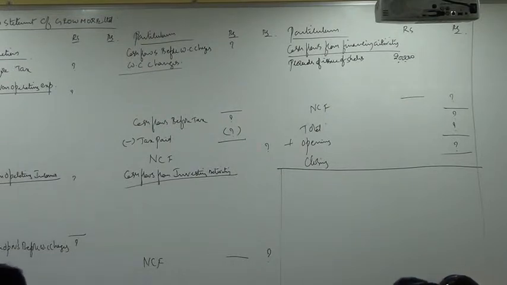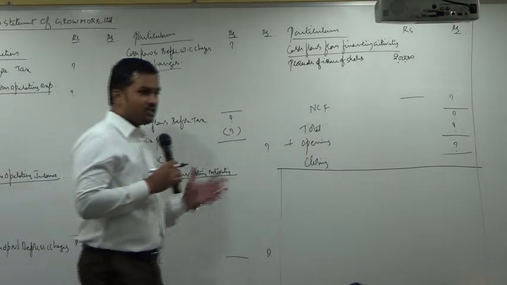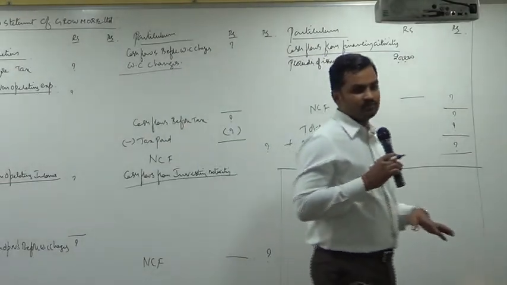But read the adjustments also. Are you given anything about the reserve? No. So the normal assumption is that the reserve has increased because some profits have been transferred from the P&L account to the reserve by passing an entry: profit and loss account debit to reserve account. Transfer to reserve. This working note is waiting for you. How much was transferred to reserve during the current year? 3,000, within brackets. Transfer to reserve does not appear in our cash flow statement.